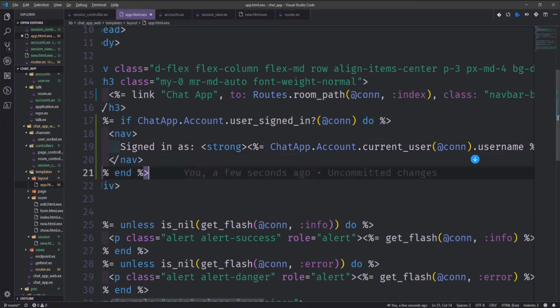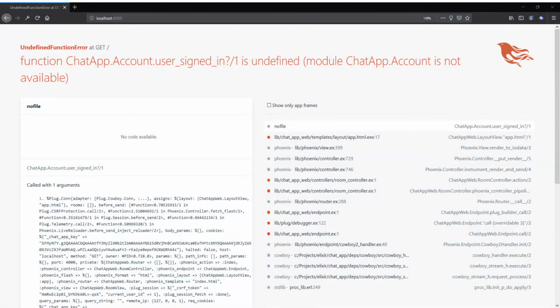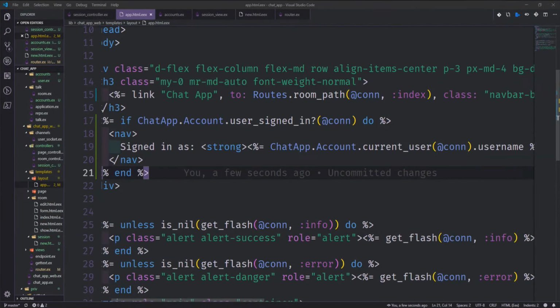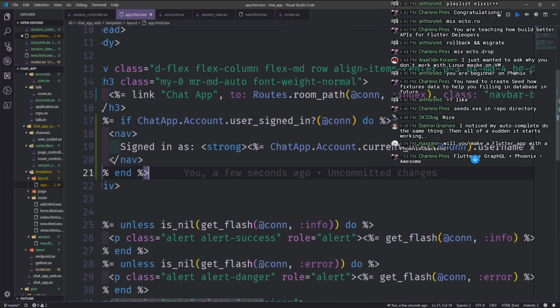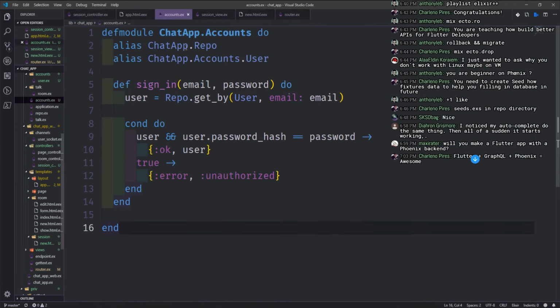So this is going to throw an error, of course, because we don't have those functions. And of course, there you go. You can see it's telling us that we don't have user_signed_in?, and we don't have the other one either. So let's create those real quick. They're actually fairly simple. So if we go into accounts,